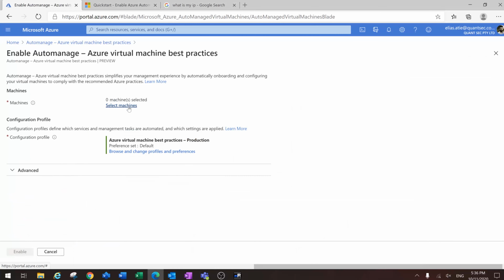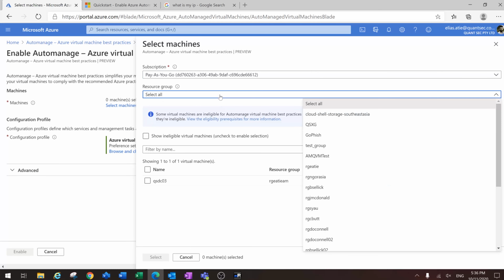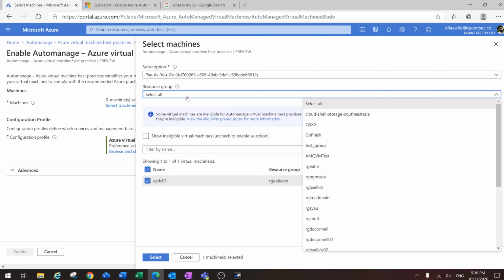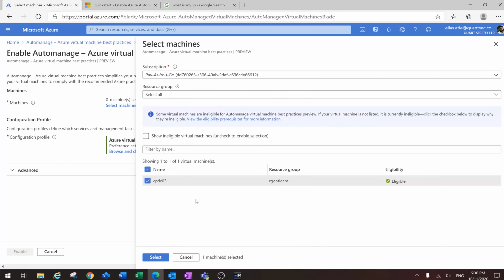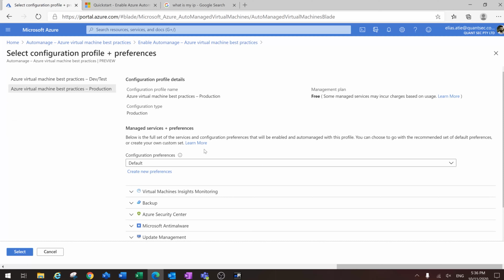Okay, so now we're going to go back into machines. I'm just going to leave the resource group as all because I only have one VM in the subscription at the moment anyway. I'm going to select, and then we can go back. We can have a look at these configuration profiles, which is pretty cool. In here we can see there is